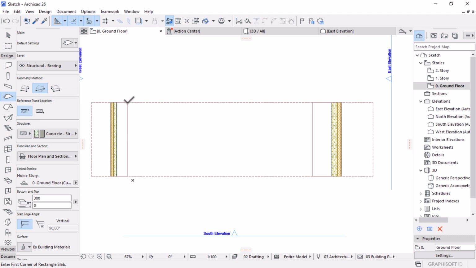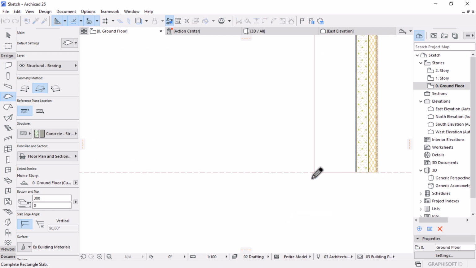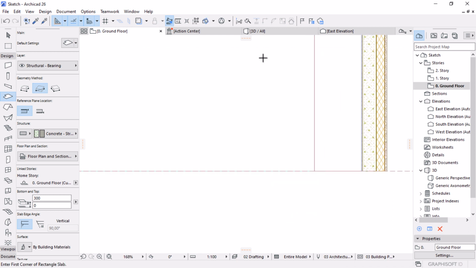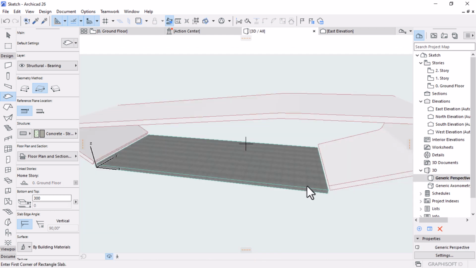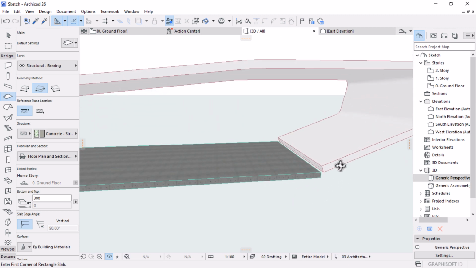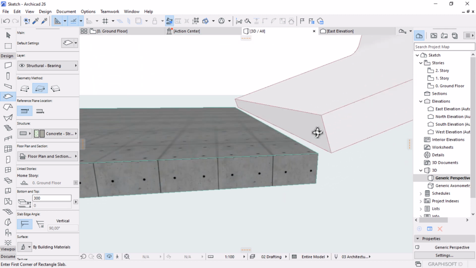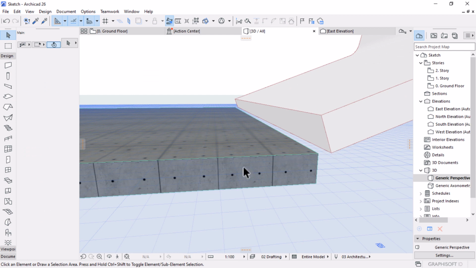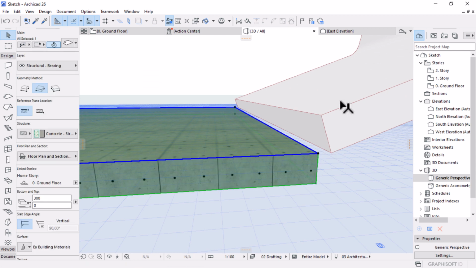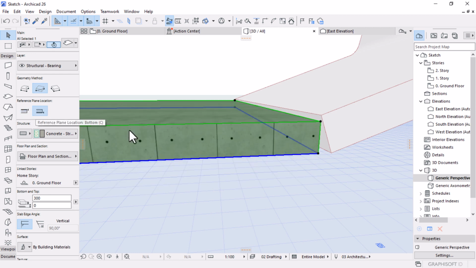Let's pick this corner, and then I'll draw diagonally to place it on this point. Okay, so if we check on 3D, that's what we have. And then let's set this to merge. I don't know which one it is. Okay, let's set this to be at... we can also change the reference of this line to elevate it, and